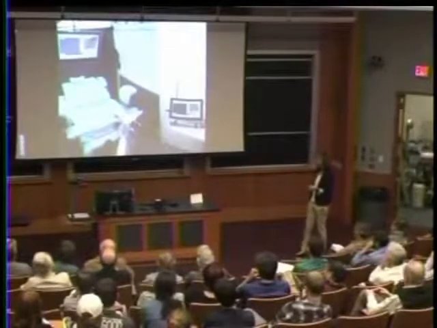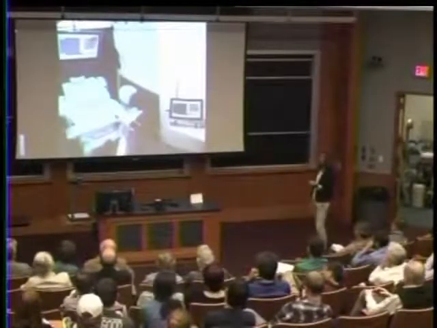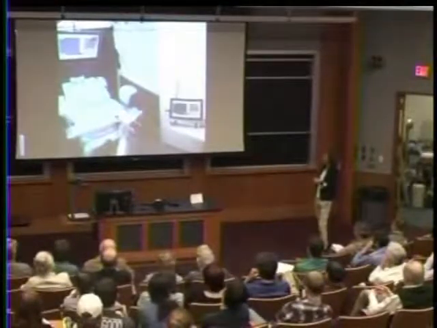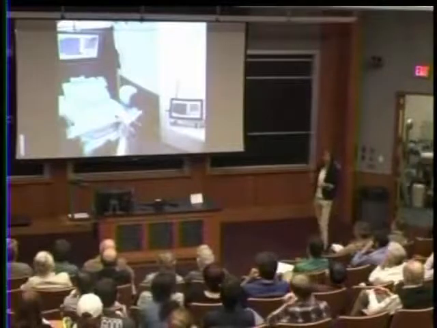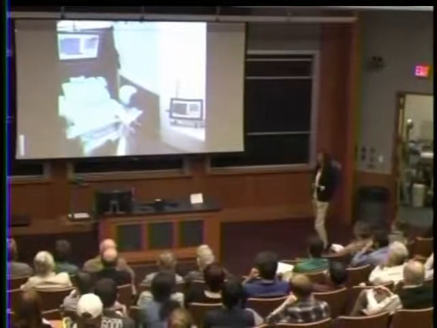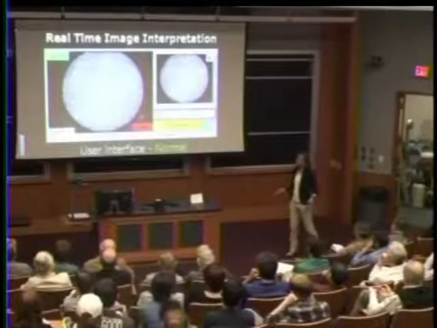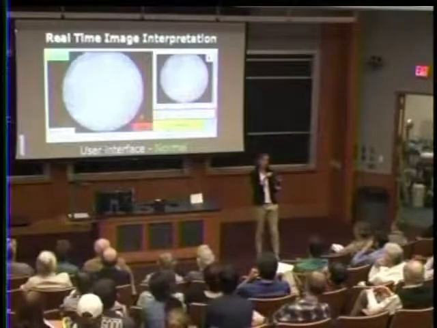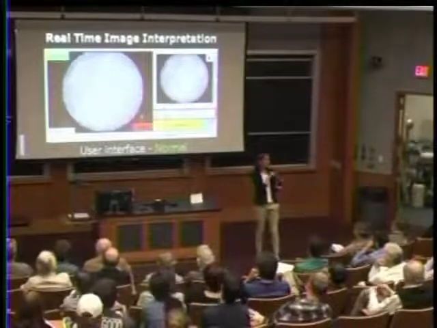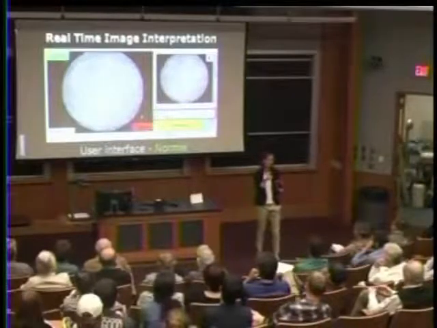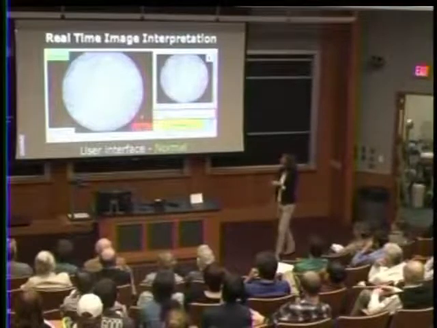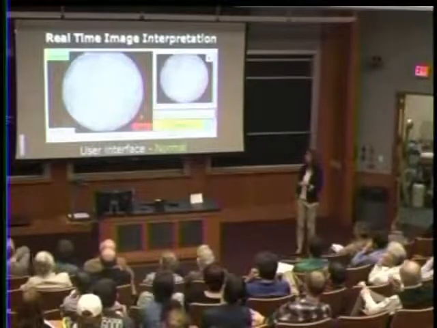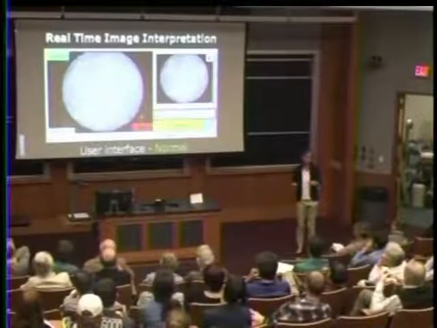Here's the exam table, here's the colposcope, and here's our fiber optic fluorescence microscope. The provider can either look at the image on the tablet or there's a screen that's mounted above the exam table. And so when you place the fiber optic probe on the tissue, essentially at video rate, you can see the nuclei that are in contact with the distal tip of the fiber probe. The field of view is about 720 microns, and each of these little white dots represents a nucleus.